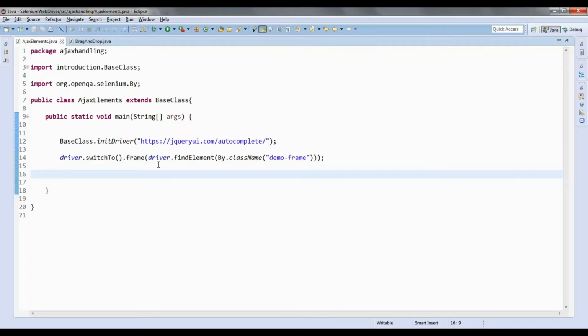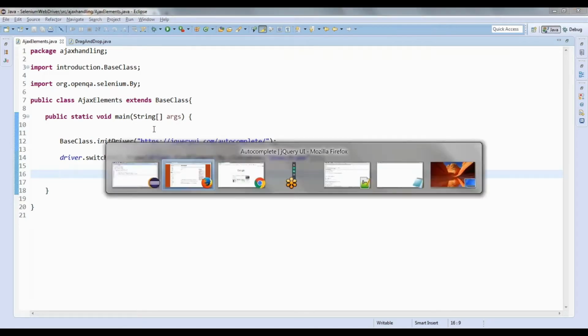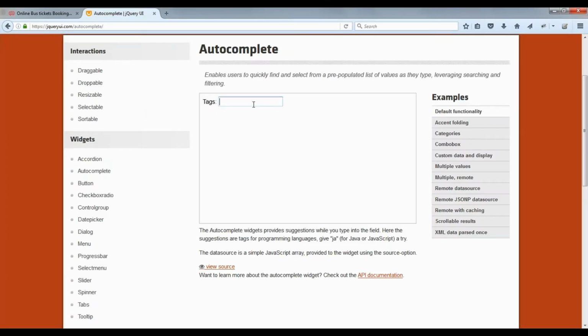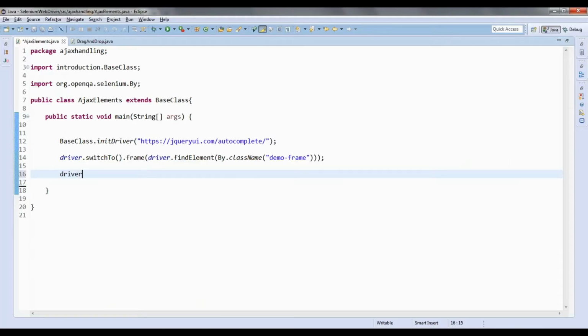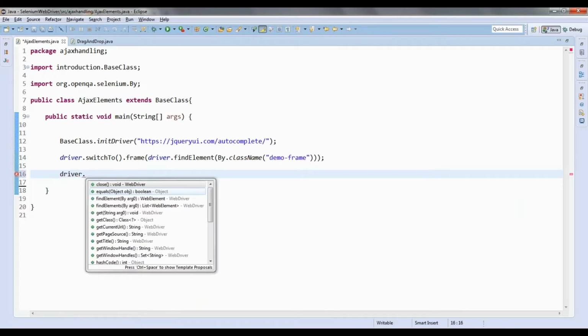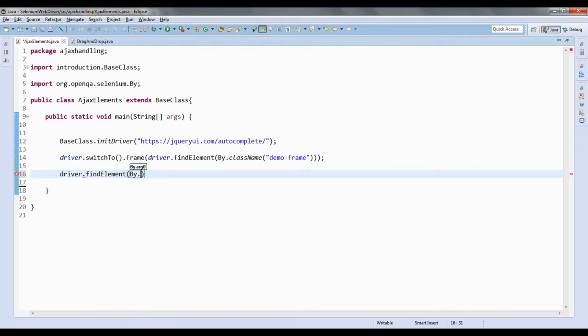Once you do that, first I need to identify this particular element. What is the element? It is tags, the ID is tags. So driver dot find element by dot ID tags dot send keys.